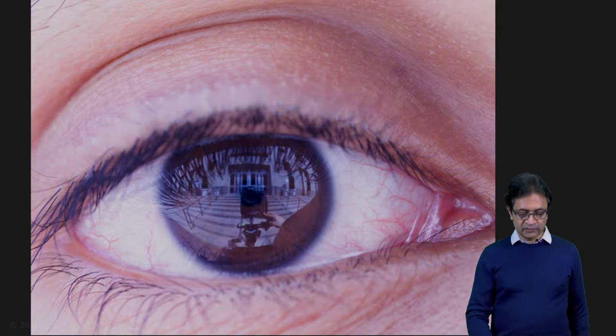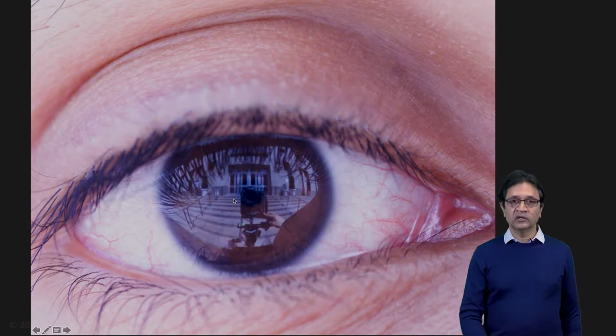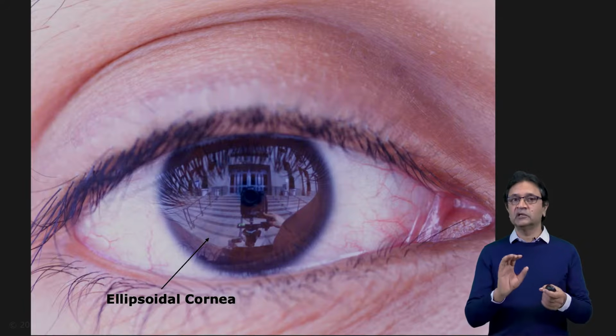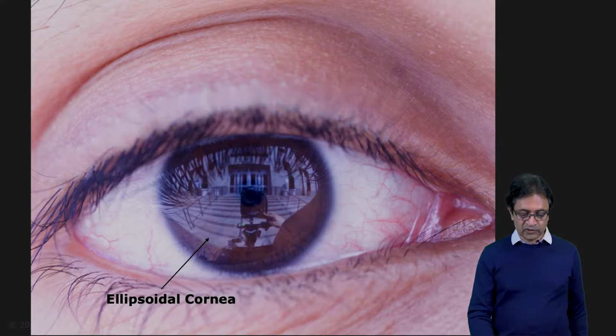Not a highly reflective mirror, but a mirror all the same. And it turns out that the shape of this mirror, the cornea, is pretty well known. It's studied in physiology. It's ellipsoidal in shape with pretty strict parameters for a normal adult cornea. So we know the shape of this mirror.